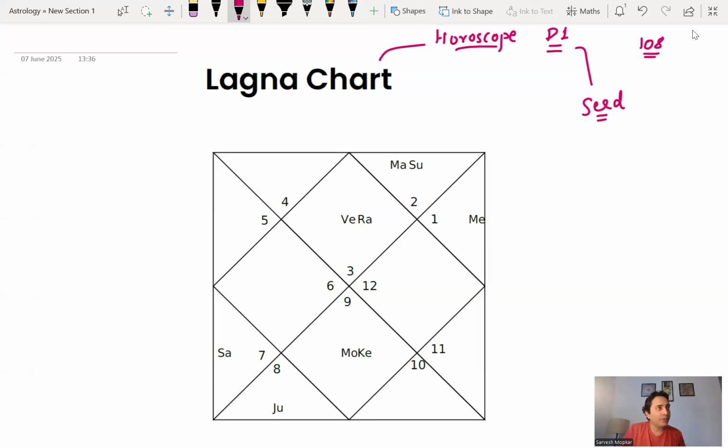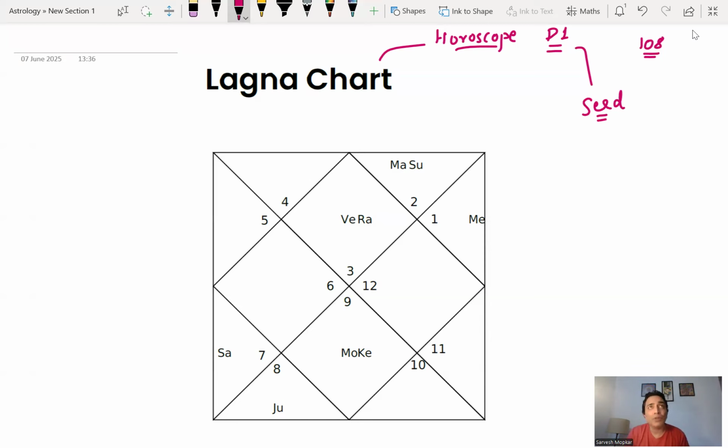Now, as we go deeper, we go to D2, D5, D9, D10, D60, D65, D108. Slowly, we try to know the fruits of your life. How will your life manifest? Again, depending upon the skills of the astrologer, he or she will be able to guide you towards that. Okay, again, at the cost of sounding repetitive,